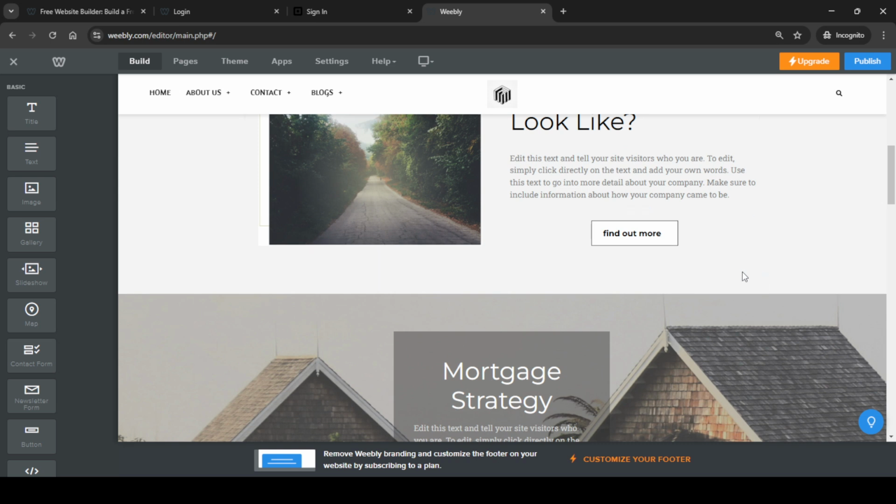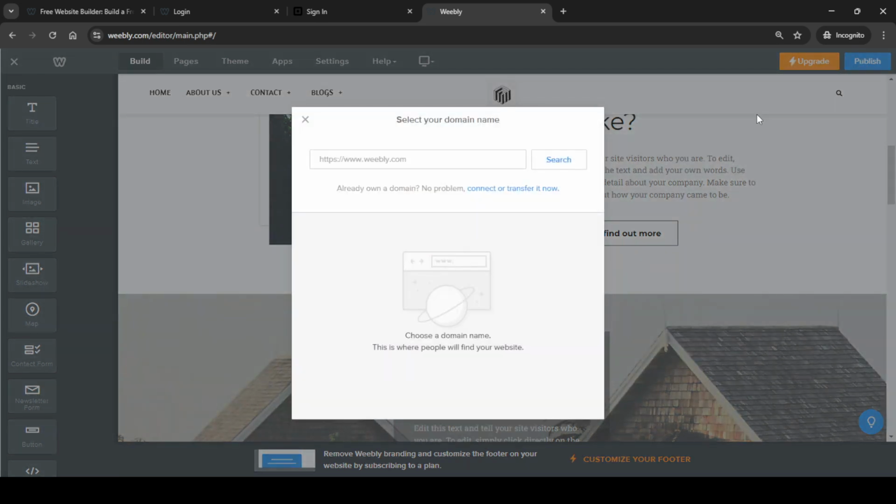Once you've set up everything to your liking, it's time to save your changes. Look for the Publish button, often highlighted in blue or green at the top right corner of the page, and click it. This will make all your adjustments